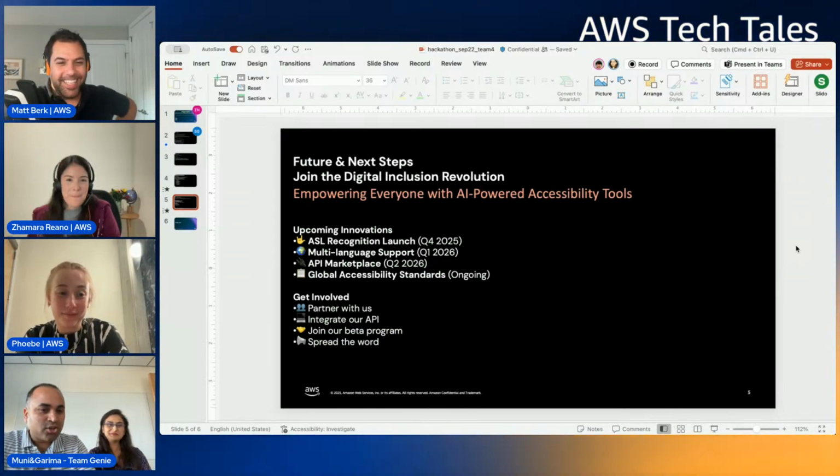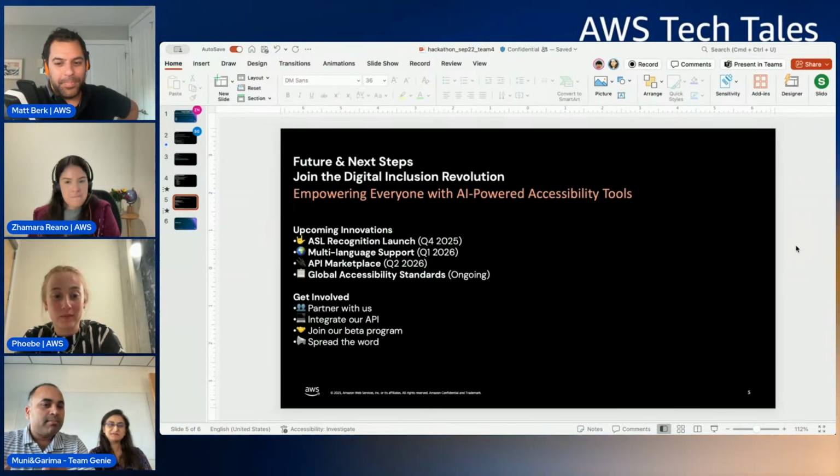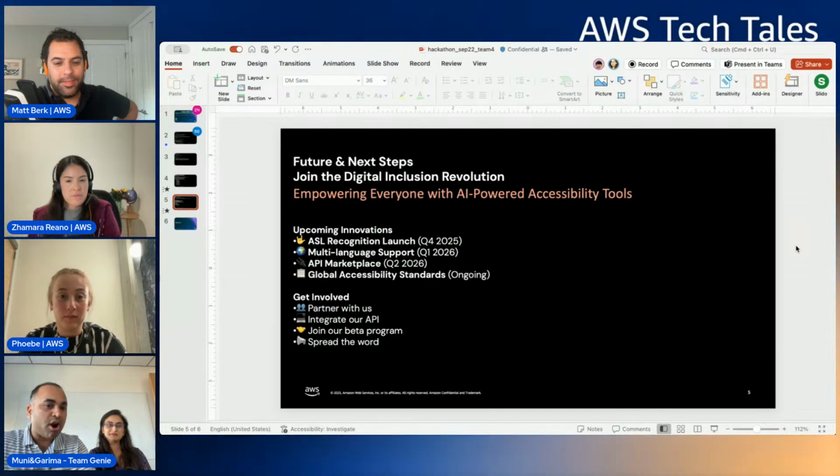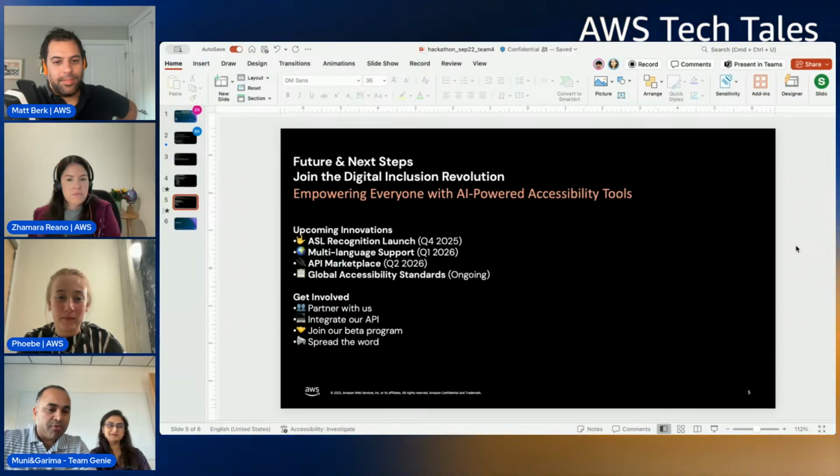Cool. Also, as I said, we are adding more features to it, like ASL recognition and multi-language support. And we are trying to have an app that can be accessible on iPhone or Android phones. Our goal is to make this a free app for everyone to make use of, accessible in their hands at any time. We'd like to partner with various users and other interested parties who can invest in our app idea as well. And please spread the word and join our beta program.